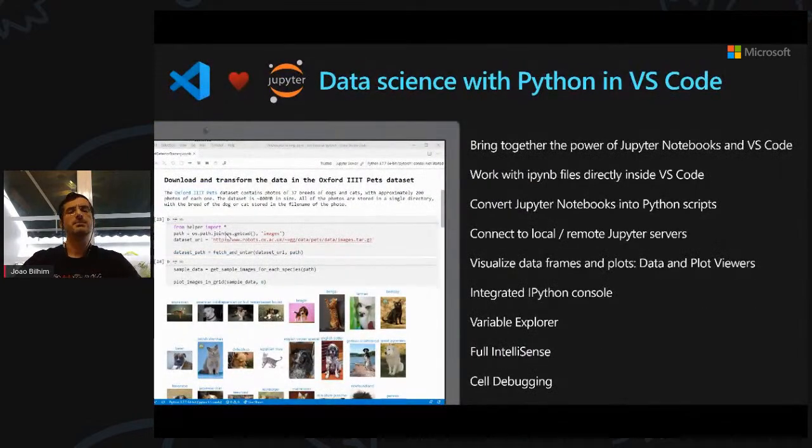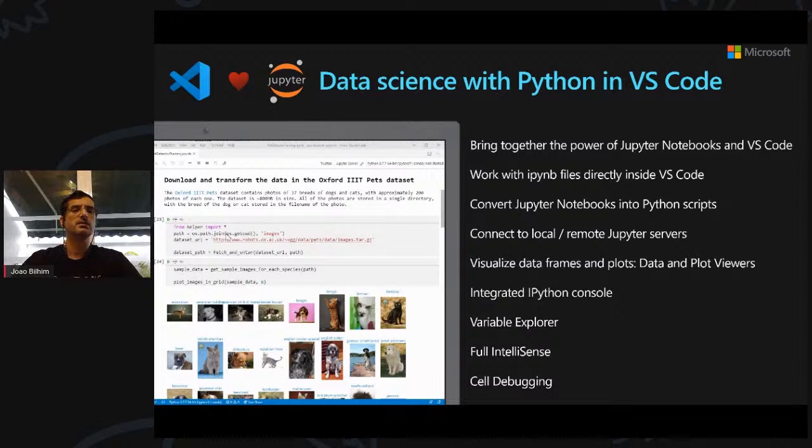Now, going a little bit deeper into data science within Python in Visual Studio Code, there are several interesting things that we're going to discuss today, and those tend to focus primarily on Jupyter Notebooks, which is the core of what we're going to talk about today. By bringing together the power of Jupyter Notebooks and Visual Studio Code, you get the best of an IDE, again, source control, collaboration, with the best of the Jupyter Notebook interface that we are so commonly used to working with.